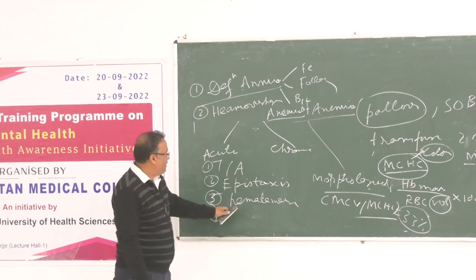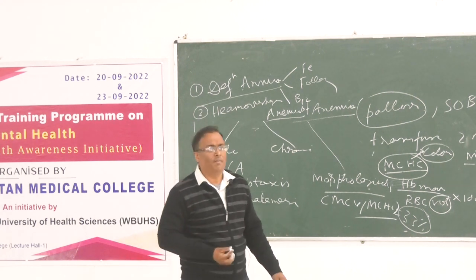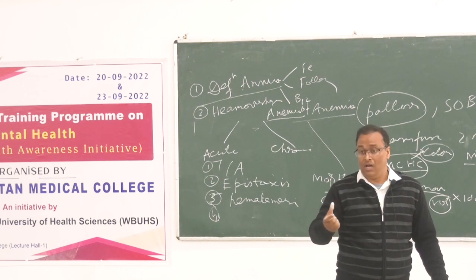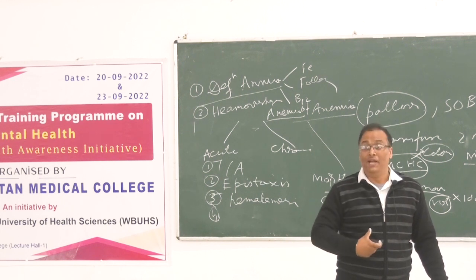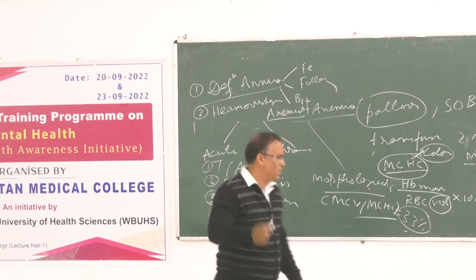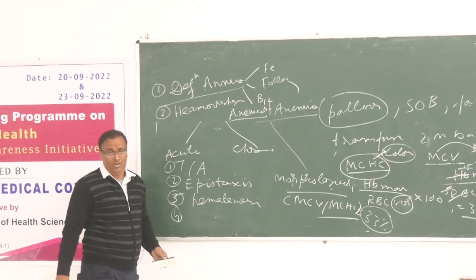Hemoptysis is there. Hematemesis, almost blood vomiting, is there. Hematemesis is a presentation in case of ulcer, but suppose you are dealing with a ruptured band, meaning bleeding has occurred internally in the stomach, and the patient comes with a huge bleed. You will come across such patients. So that may come with acute anemia.